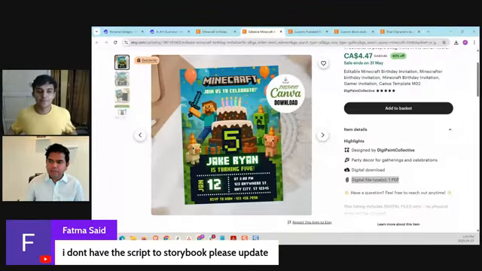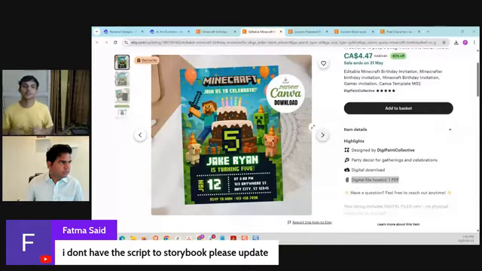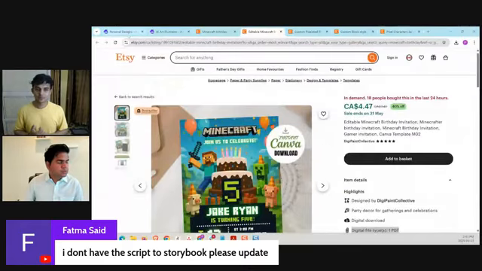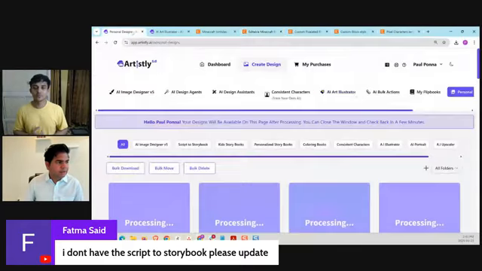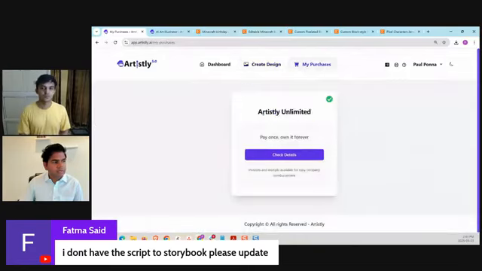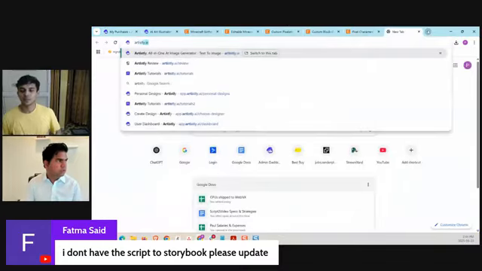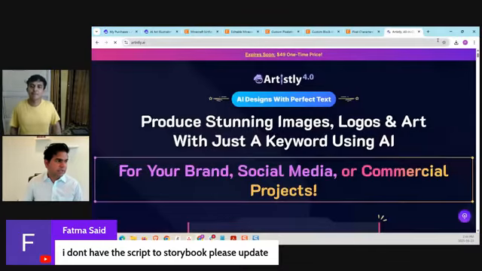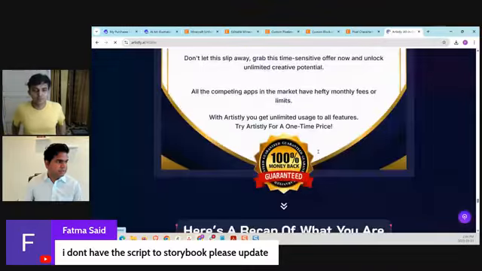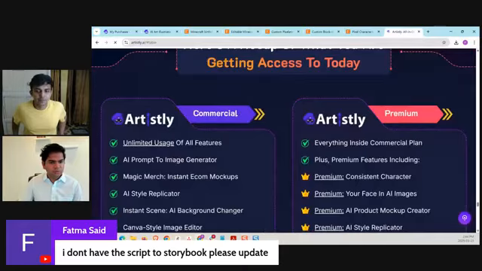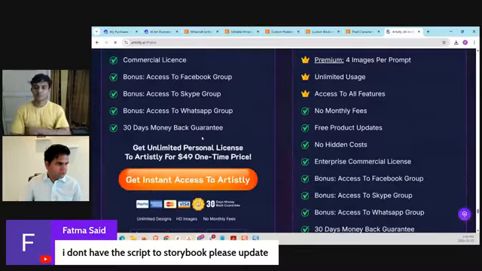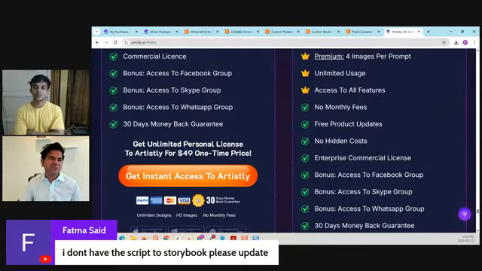So if the question is, I don't have a script to storybook upgrade, or you don't have any of the features we mentioned today, it's most likely because you don't have the unlimited plan. If I go back here under my purchases, you want to have the unlimited plan or the elite plan. I mentioned this earlier, but I'm just going to show you. You go to artistly.ai, and if you just have this commercial access only, which is like the $49 option,